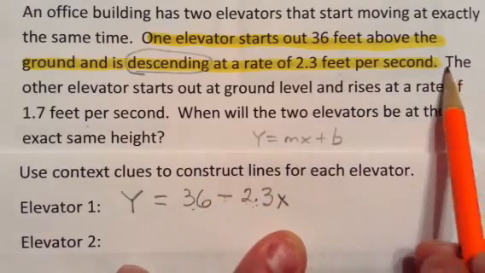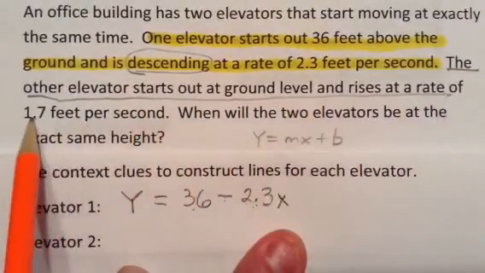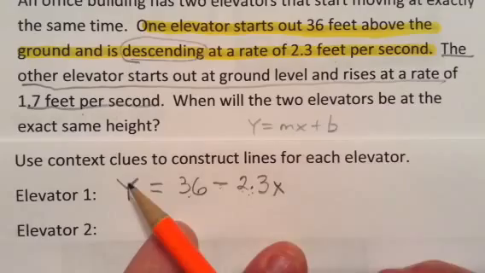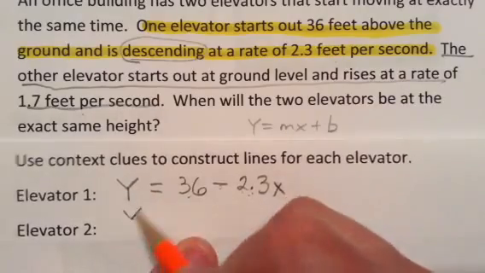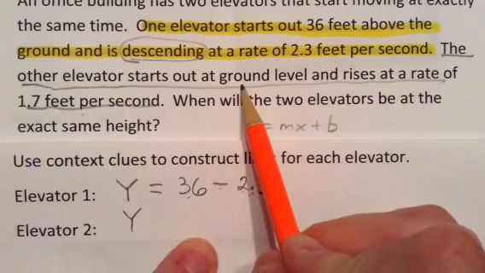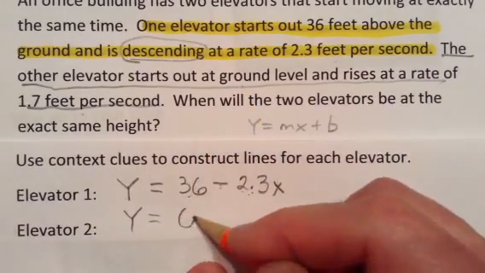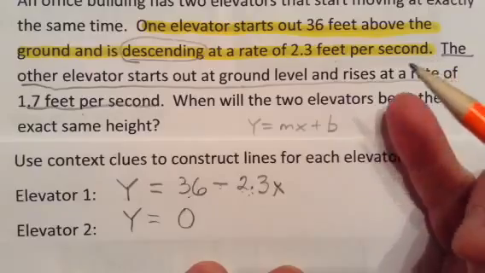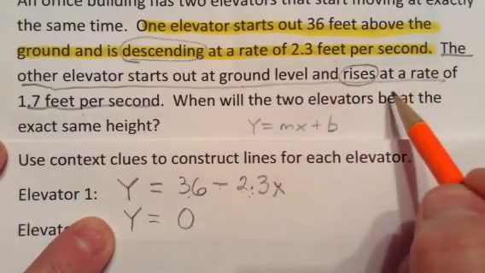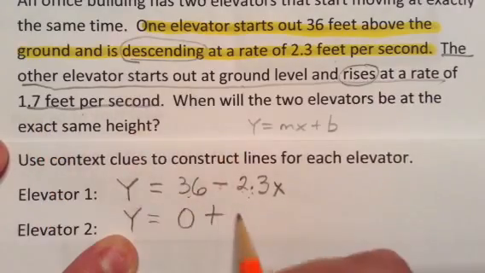So we look at the other elevator right there. I don't have a different color highlighter, so I'm going to underline it there. Alright, so let's do the same thing. Let's use the same variables, x and y. We have a starting height right there. It says it starts out at ground level. Ground level is a height of 0, and you can put the 0 or leave it off, whatever. And it rises, so that means I'm going to add, I'm going up. And 1.7